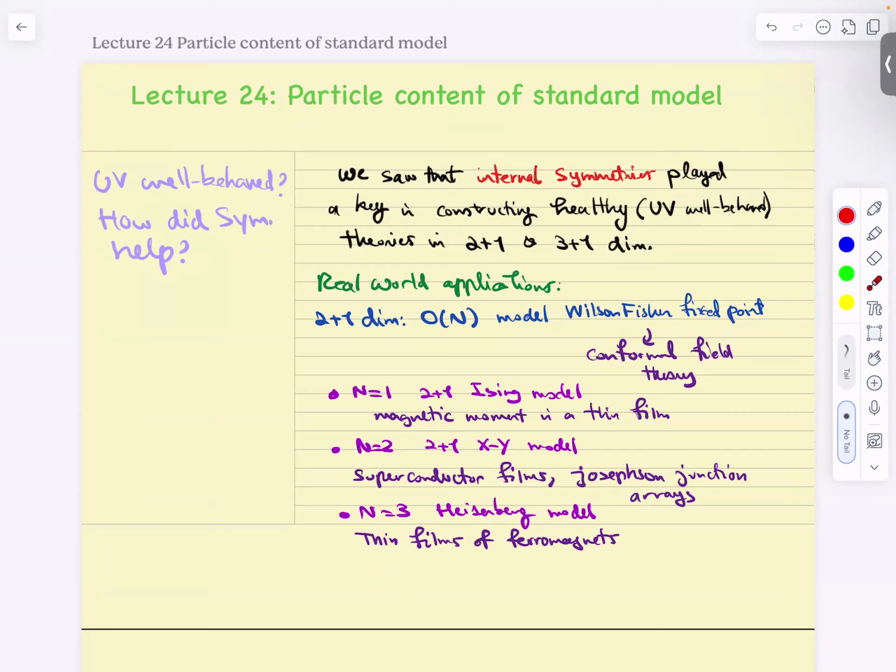UV well-behaved, do you guys recall what it meant? It meant that deep in the UV, the theory doesn't have irrelevant deformations, right? So it's controlled. And how did symmetry help us? It helped us by controlling the terms that were generated throughout the renormalization group flow, right? So it was more tame because terms had to